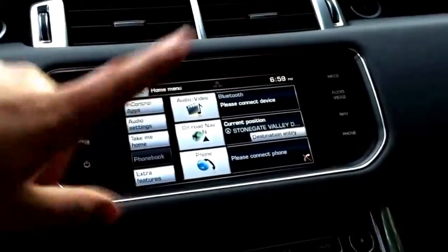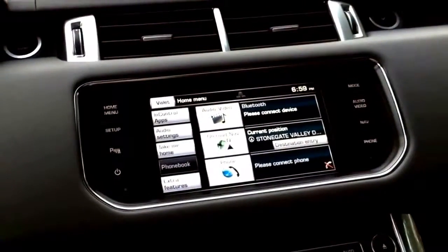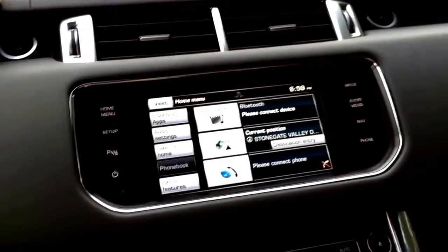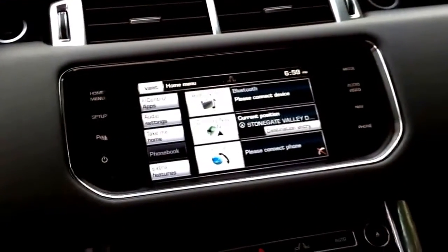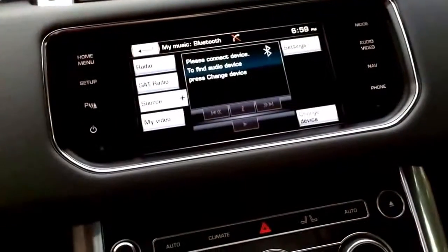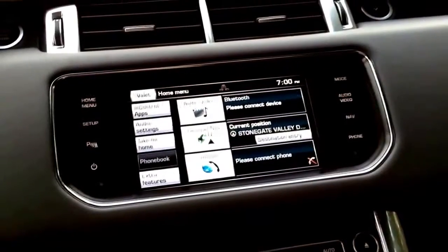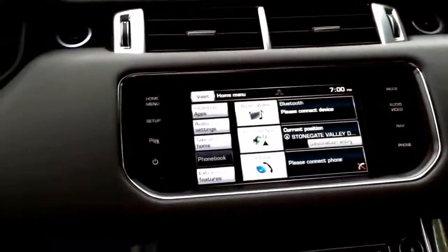Basically the same infotainment system that the Jaguar had. We have noticed that this one maybe has a little more processing speed. You can tell it might be a little quicker, but it's still more or less the same. Not the greatest system we've ever used. This one does not have the upgraded Meridian sound system, so the stereo is okay, but it's not phenomenal, but it is better than what was in our